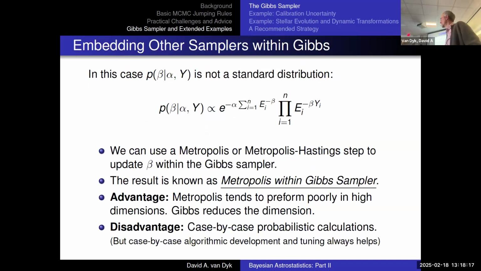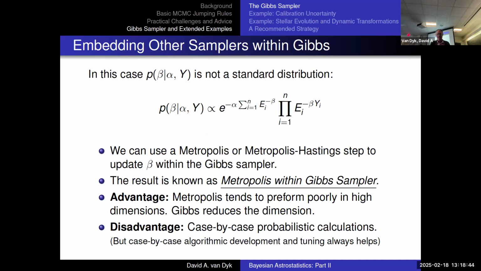For beta, now I drop everything that involves alpha, and I get another distribution, but this one's a kind of complicated one because there's all these i's in there. It's not a standard, simple, clean distribution. I can't just pull the beta out. So this is not a standard distribution. But I can use the grid method, or I could use Metropolis Hastings for that one